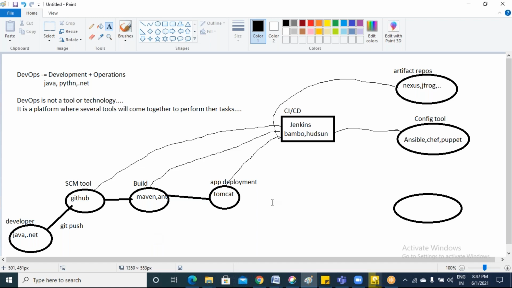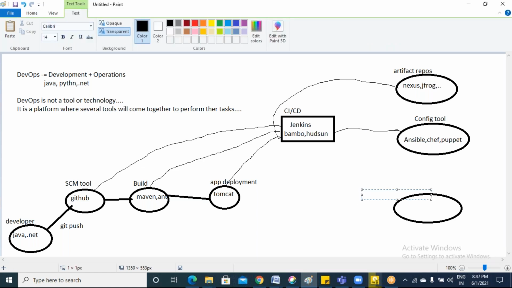Just need to include one more thing here, that is the containerization tool. Containers.